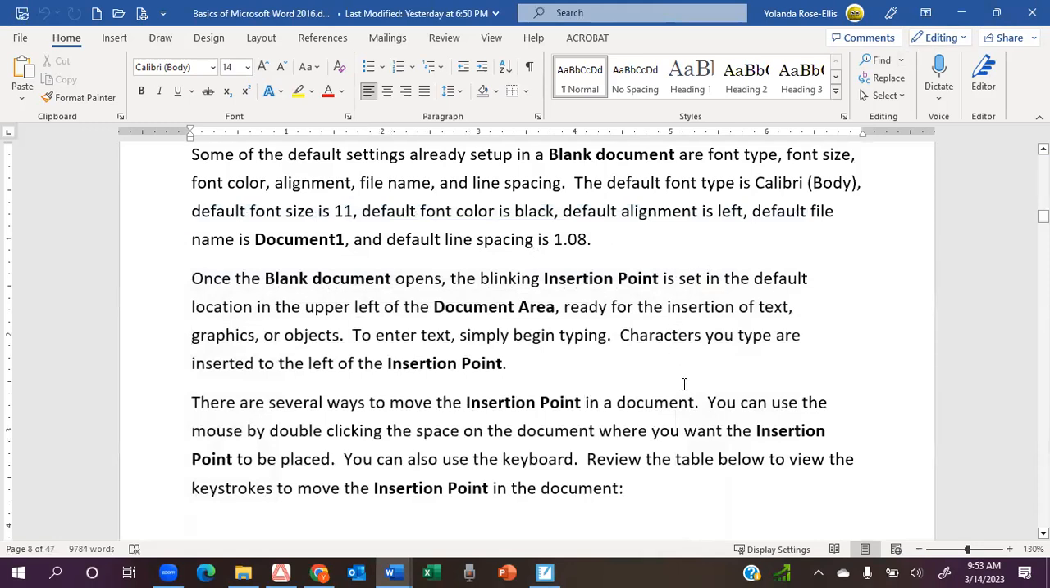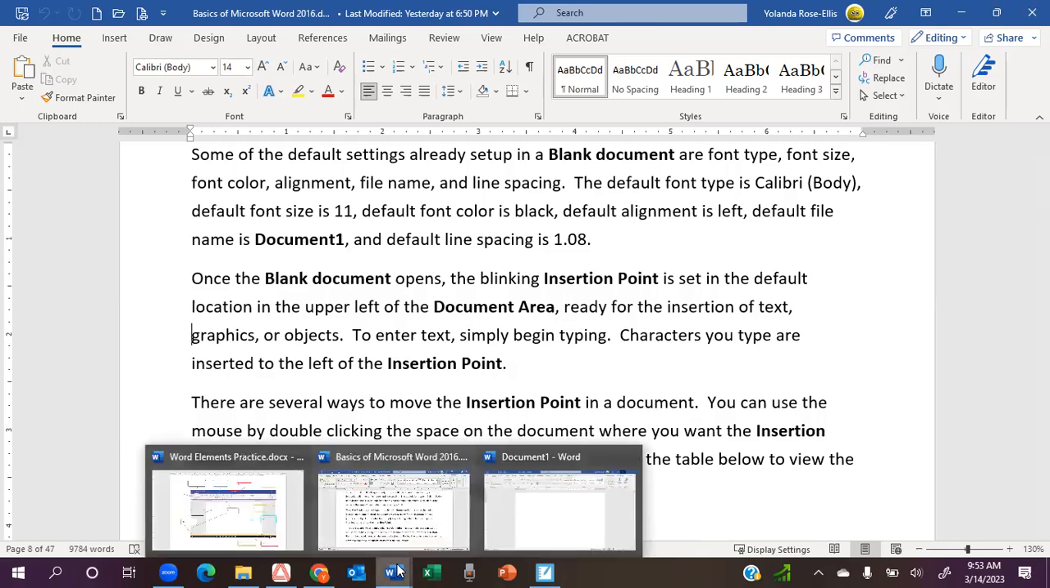Any comments or questions? Is there a difference when we go to the start menu and open Word with the application than the title? Yeah, because if you were to open it from the taskbar,